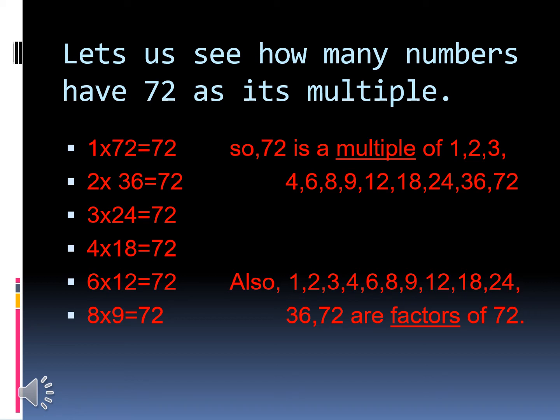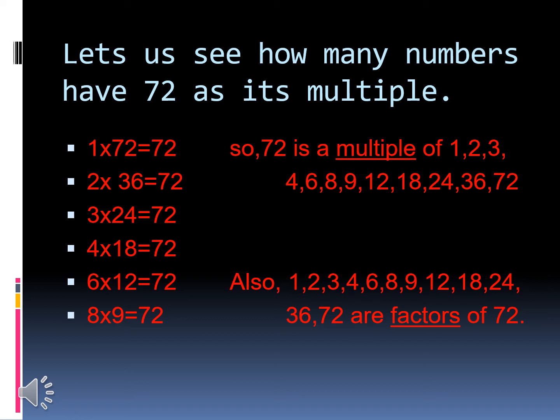So 72 is a multiple of 1, 2, 3, 4, 6, 8, 9, 12, 18, 24, 36 and 72. Also, all these numbers 1, 2, 3, 4, 6, 8, 9, 12, 18, 24, 36 and 72 are factors of